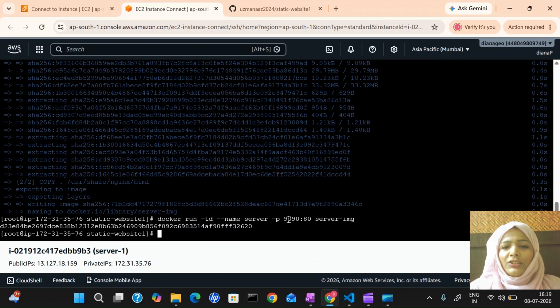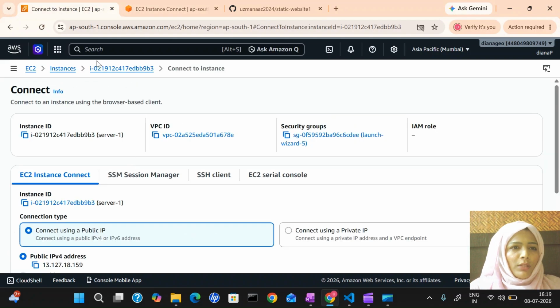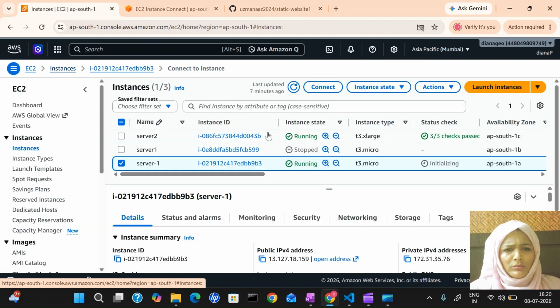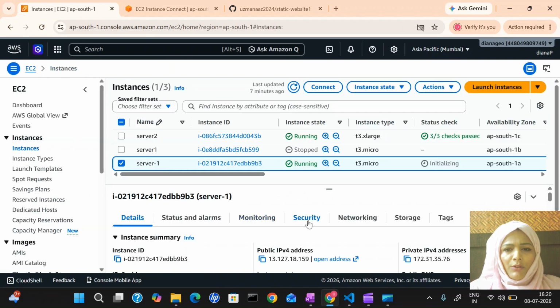Now the container has started running and my website is also live, but I have to open this port on my machine. So let's go to the instance. My god, this AWS is responding very slow. Server 1, security.